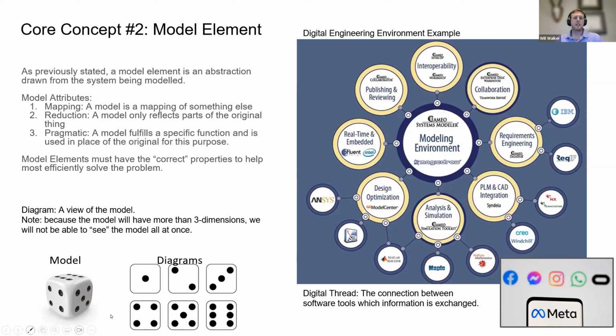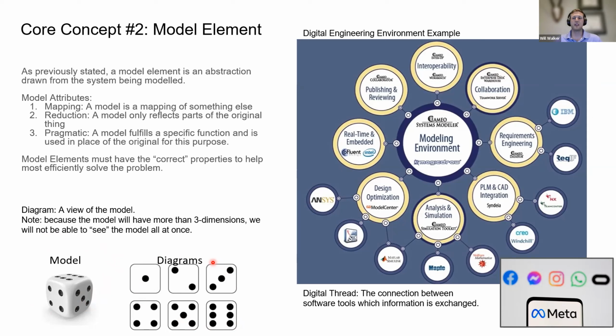You can't just look at the model. You have to look at a view of the model, which is a diagram. And each diagram is supposed to have an intent. So whether that be telling you an activity flow or a structural breakdown or some sort of parametric, which would give you mathematical equations, each diagram is going to have an intent and a specific set of stakeholders that are intended to look at